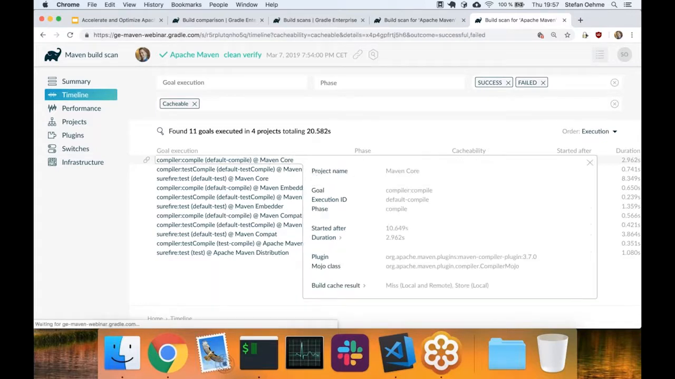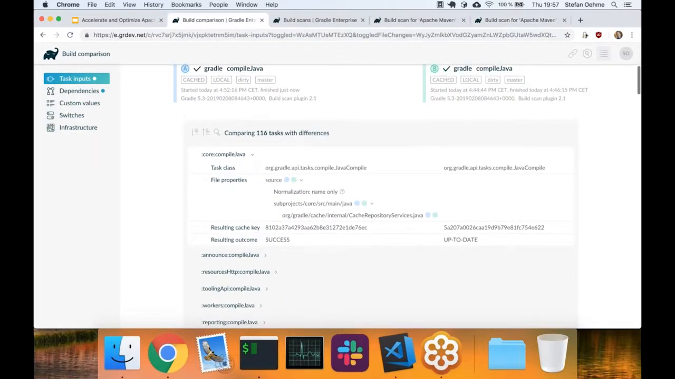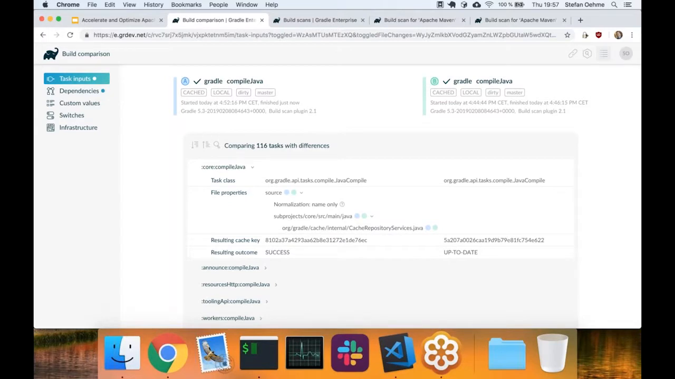So maybe we should look at what happened there. If this was a Gradle build, I could already use a feature that we have yet to add to Maven scans. So I just want to show what the normal workflow would be once Maven scans also support this. In the Gradle build scan, you can compare scans. So you can just go, hey, I have these two builds,